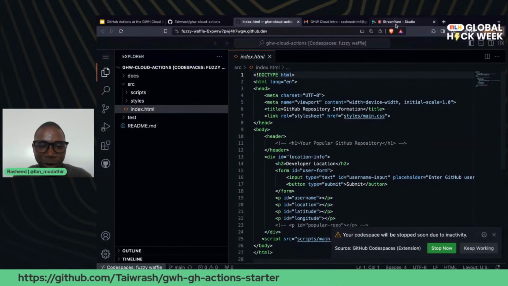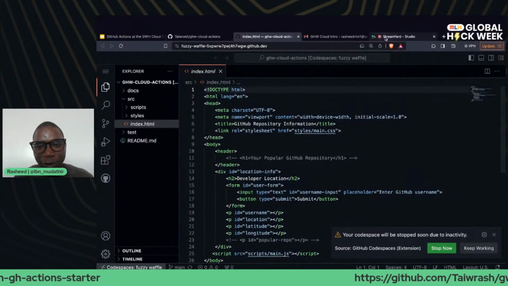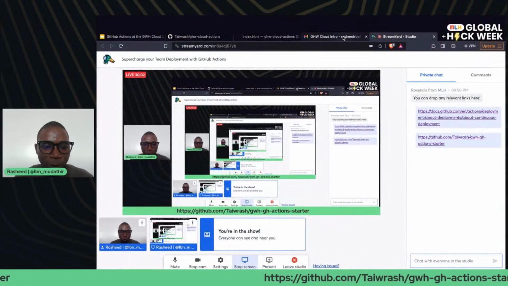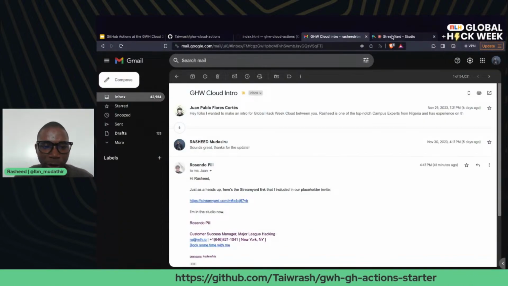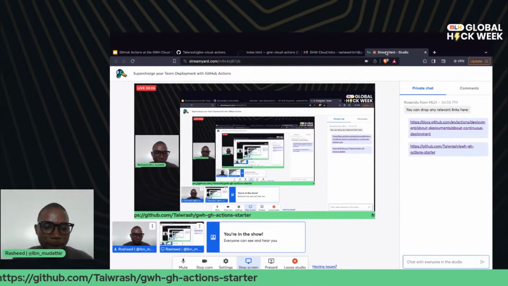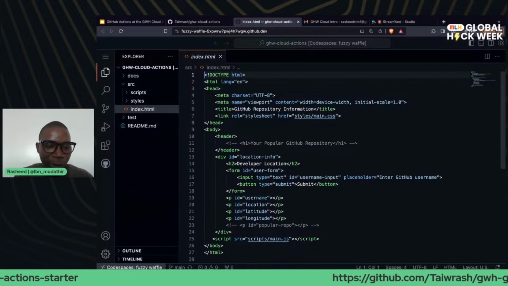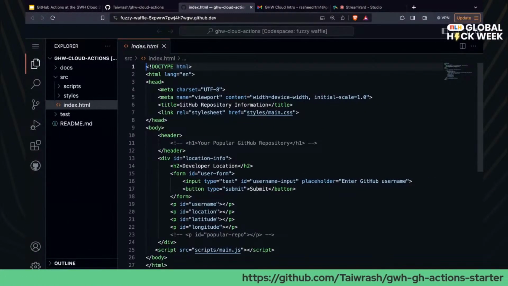I'm actually doing this to wait for some of us to pull it up. You can just fork the repository, and if you wish, clone it. I want to assume some of us are pulling it up, following the link on the screen.